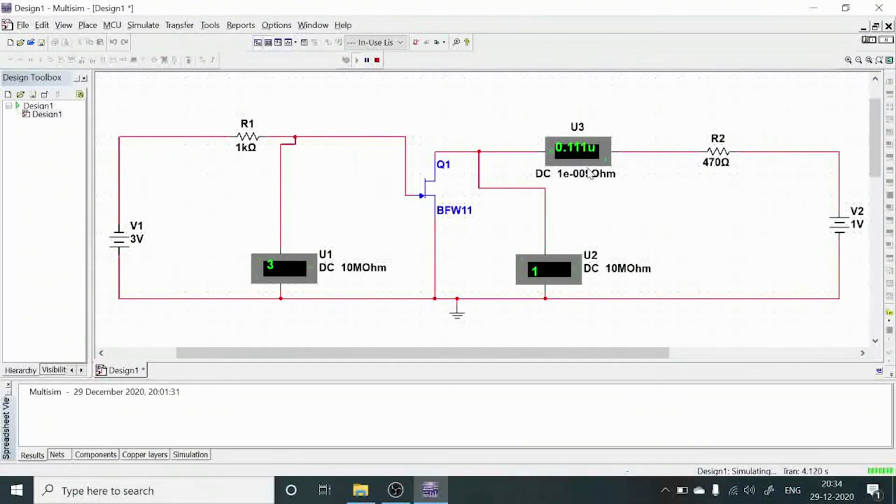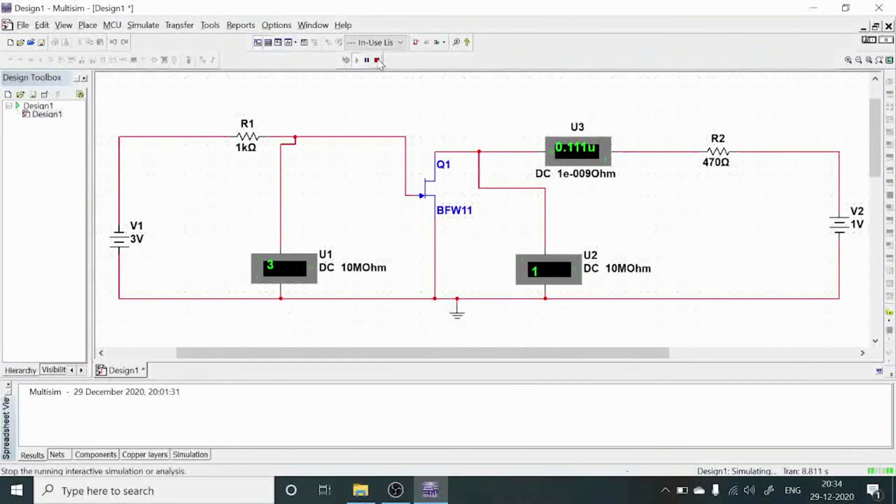In milliamperes, what is it? 0.000111 milliamperes here. Clear? But approximately it reaches 0.